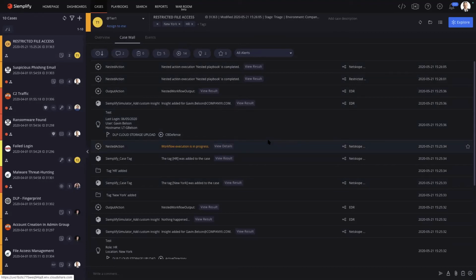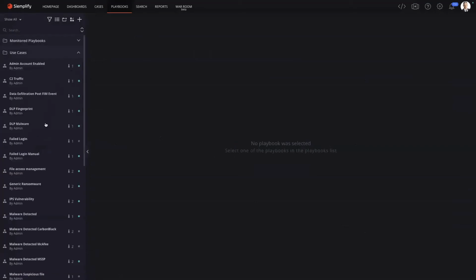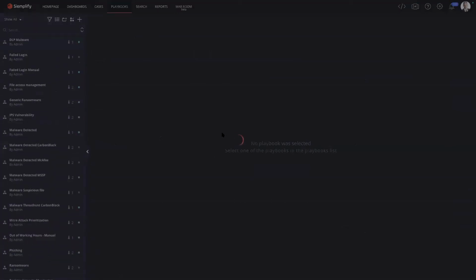And one of the other things that I want to show you here is the playbooks page, because this is foundational to a SOAR platform. So just to show you guys how this looks and how they are constructed, generally speaking. So playbooks tend to follow, we'll try DLP malware. So the general theory, quote unquote, if you will, for a playbook tends